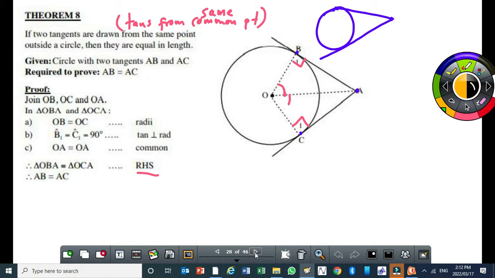Theorem 8. So what I'm going to do, I'll talk about this one here. Then our lesson will stop. Tomorrow, I'll talk about the mother of the tangent theorems, because it has got a proof. That's how I'll talk about that one tomorrow. Now, theorem 8, right? According to theorem 8, if you draw